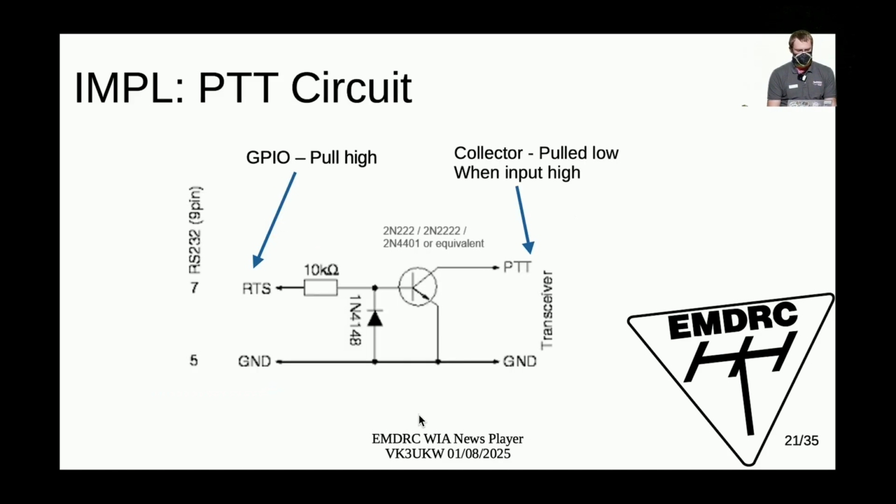Now, in order to implement that with the GPIO, you need a signal inversion, because on your chip, you probably don't have direct current sinking capability. So you've got a signal on your chip that goes high. That's here where the signal comes in from your chip. And then you've got your connection to your transceiver where you want to pull your PTT low. And so you need a little bipolar transistor and diode